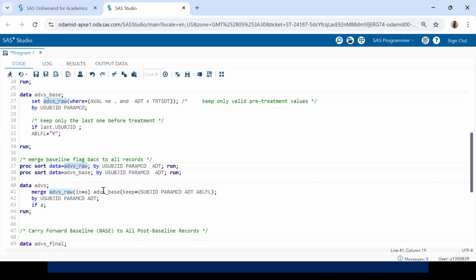But apart from that, we are merging the ADVS underscore base data set to make sure the baseline flag which we have derived in the last step is also created in our resultant data set. So if we run this,